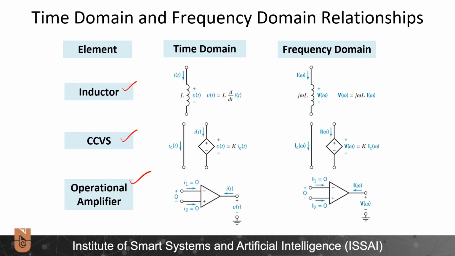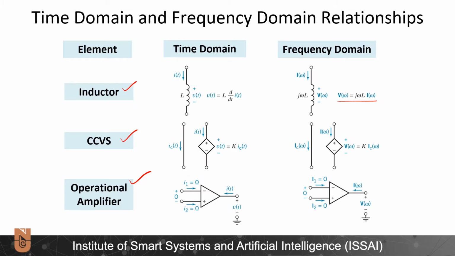Basically, wherever you see a voltage, you just need to write the phasor of that voltage. And wherever you see a current, you need to write the phasor for that current. And if we have some type of differential relationship, you need to take the derivative of that constituent relationship, and then you just end up with terms similar to phasor V is equal to j omega L times phasor I